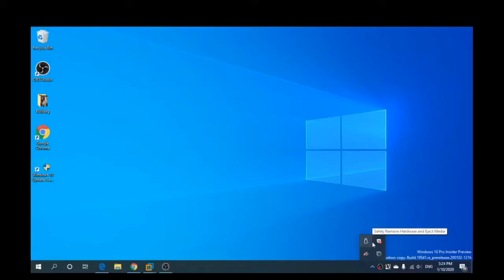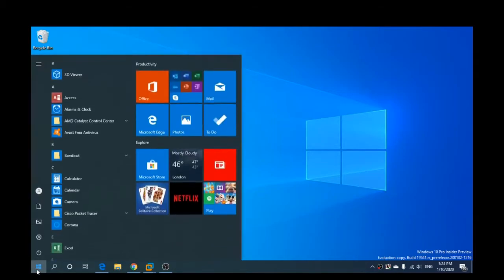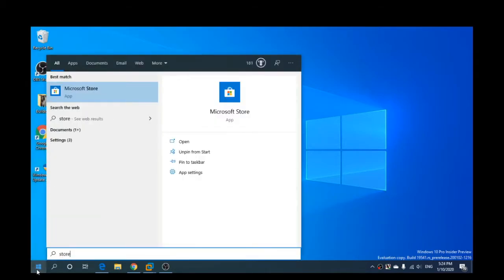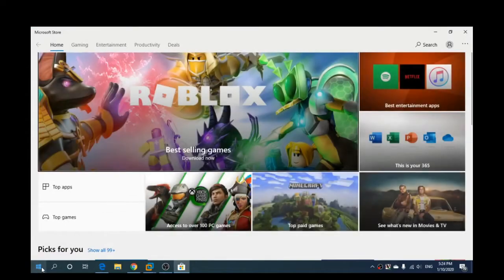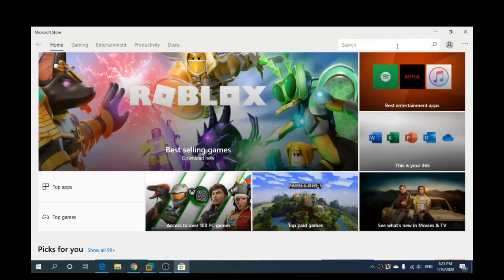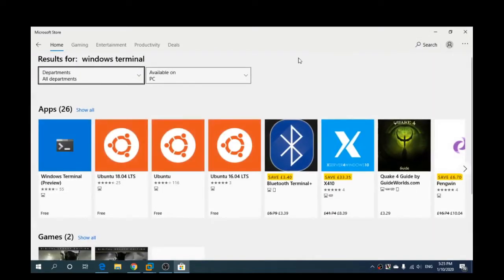Another technical video. In this video I'll show you how to download the Microsoft Windows Terminal. First thing you need to do is hit the start button and head over to the Windows Store. If you click on the search, type in Windows Terminal, hit enter, and it's the first one we see to the left. If we click that,